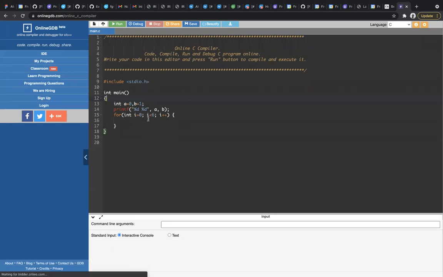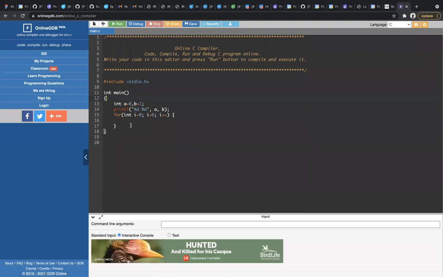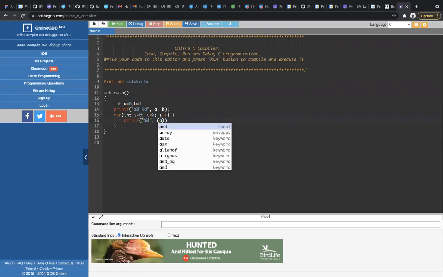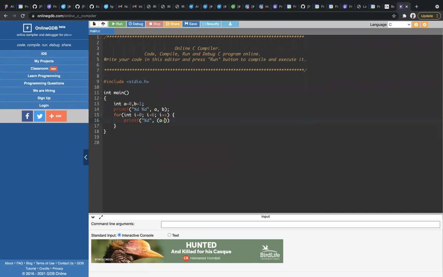So now I come inside the loop, and now I have a and b. First, I will print the addition of a and b, because that is the third number, right? So consider I'm printing %d with a plus b.